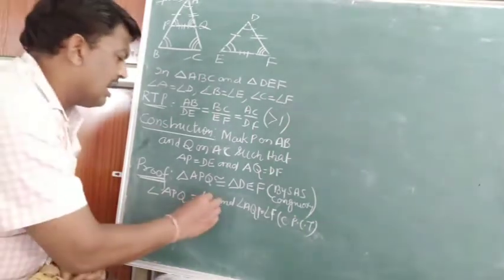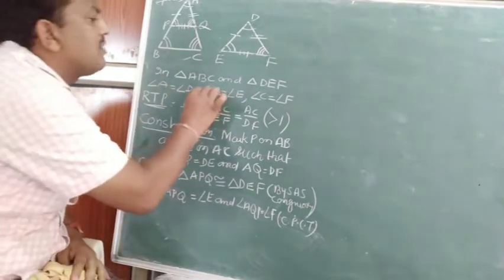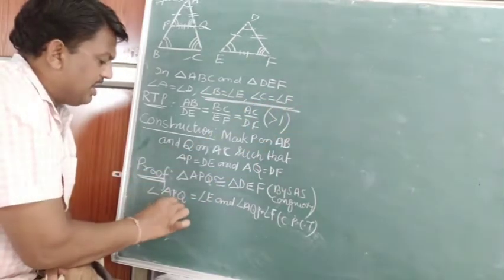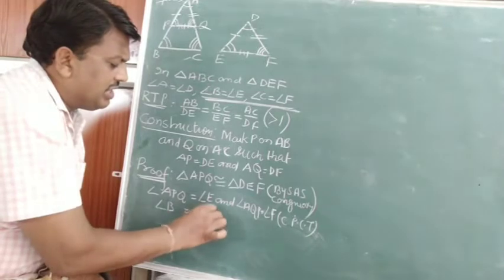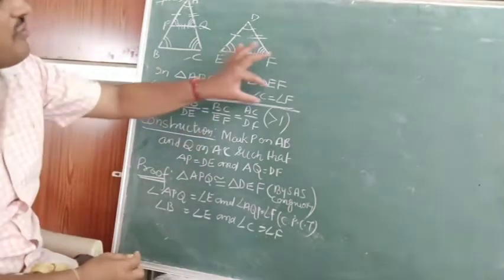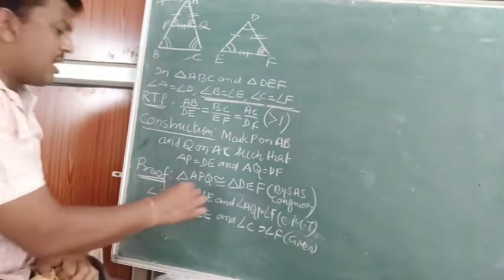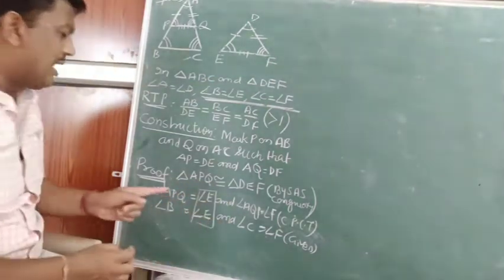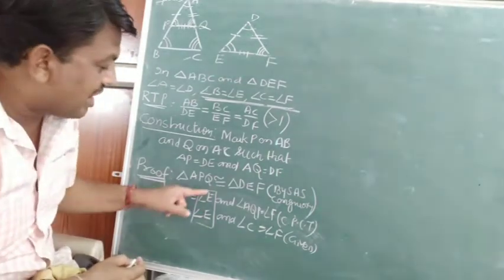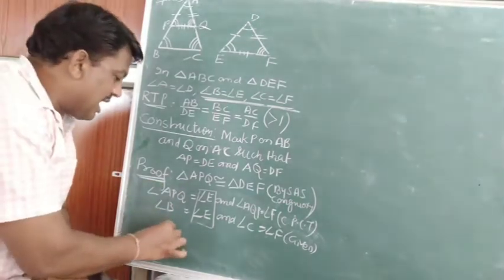Now this angle E is already given that it is equal to B. So see from here, pick up this from there. Angle B is equal to angle E, and also given angle C is equal to angle F. This is already given, so I am writing in brackets: given. So see, children, in this case the LHS of this is equal to angle E, the LHS of this is also equal to angle E. Right hand sides are equal, so it means left hand sides are also equal, children. So what can you write?